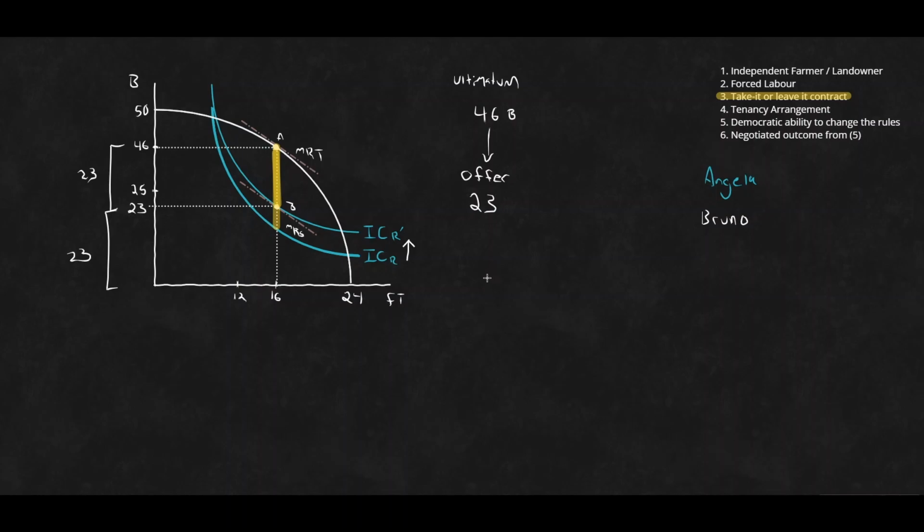So to summarize this again quickly, what was the big outcome? Well, the first big outcome is that versus forced labor, Angela has a higher reservation indifference curve because she has better options available to her. She's not stuck working for just Bruno. She could go and work for another farmer. So the indifference curve goes up because the next best alternative is potentially higher. So the minimum that she would work for Bruno.